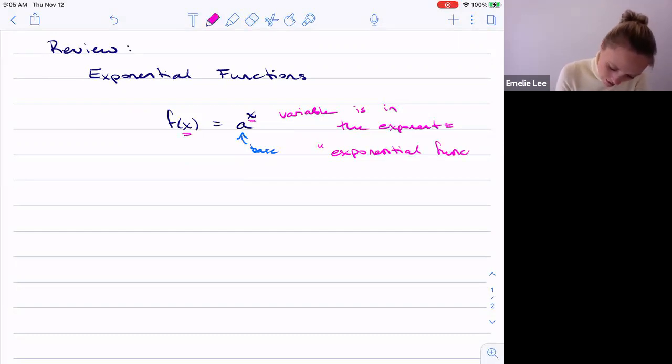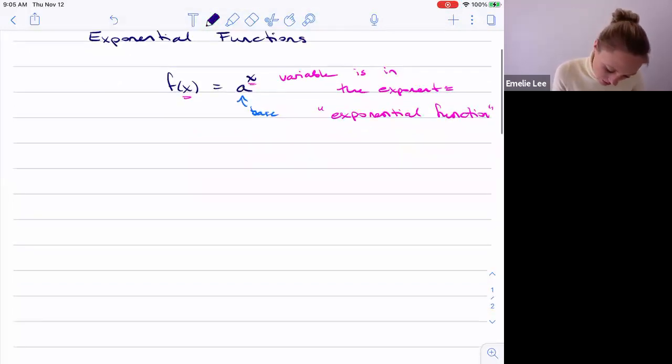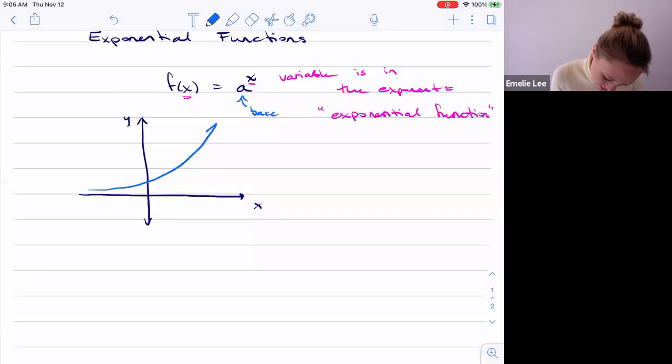So whatever you have in here, that's your variable. And then if it's up here in the exponent, then you have an exponential function. And we said, okay, well, there are 2 general shapes to this thing, right? If you've got your y-axis and your x-axis here, then you can have exponential growth. In fact, I'll use a different color here. Exponential growth